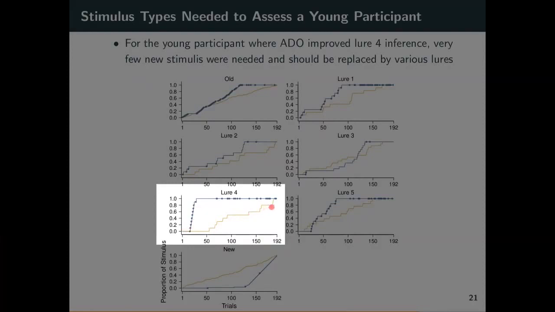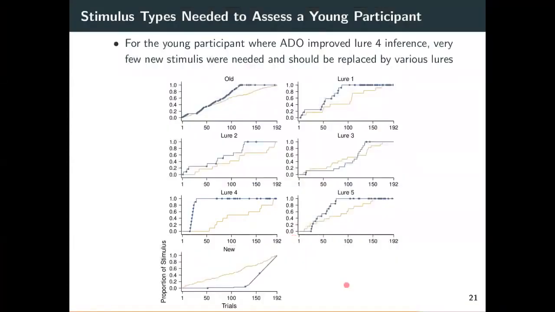This is for that participant we showed earlier where the ability to identify more quickly the posterior distribution of the Lua 4 discriminability was the important part in improving the inference. And you can see how design optimization has achieved that here. Notice that adaptive design optimization almost certainly could have done better here if it had had more Lua 4 stimuli available.